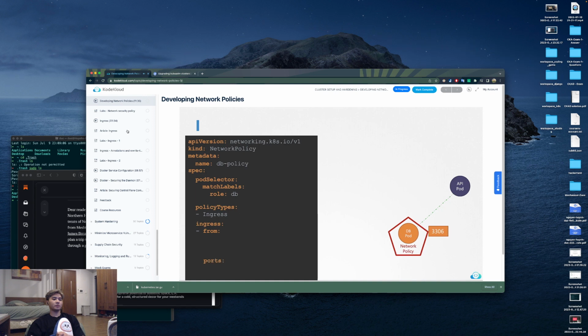And here we would use a pod selector and provide the labels of the API pod like this. The ports field defines what port on the database pod is the traffic allowed to go to. In this case, it's 3306 with the TCP protocol. And that's it. This would create a policy that would block all traffic to the DB pod except for traffic